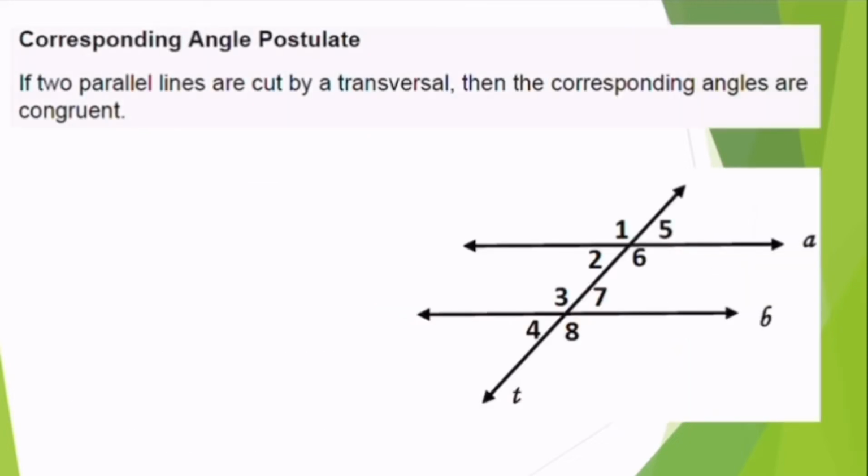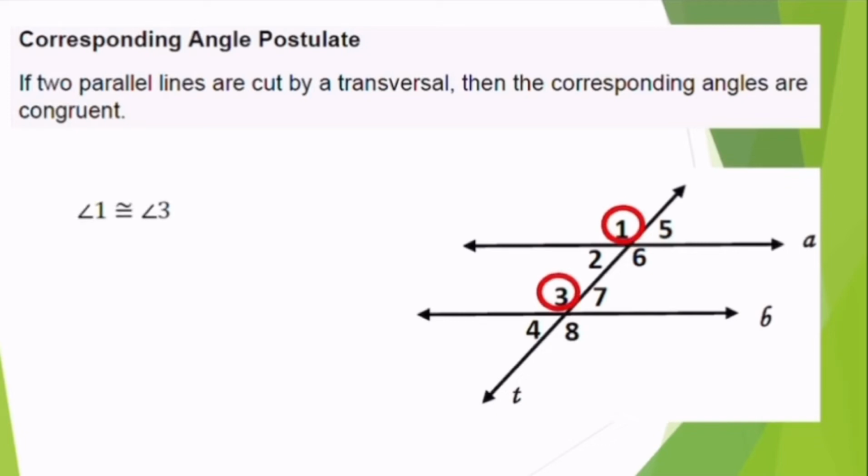Let's proceed first with the corresponding angle postulate. Based on the definition, if two parallel lines are cut by a transversal, then the corresponding angles are congruent. If line A and line B are parallel and line T is a transversal of A and B, then the following pairs of corresponding angles are congruent. These are: